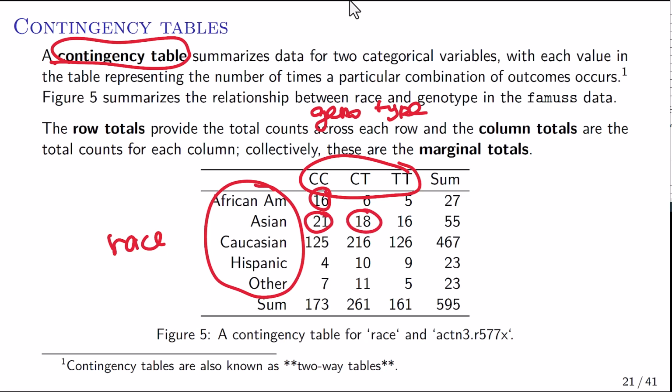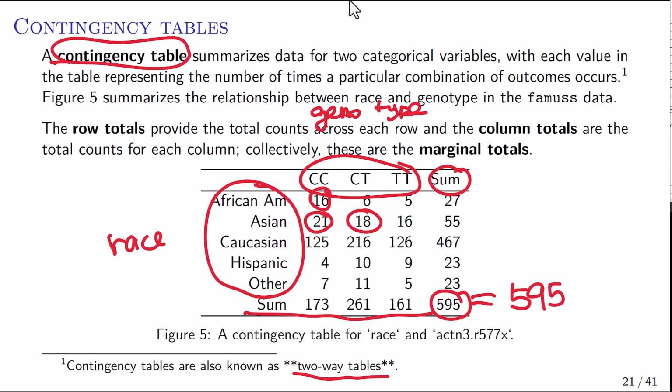That's exactly the overlap of those 2 subcategories. We put a sum. This is the column sum and row sum, and then here is the total. So this total is we observed 595 persons, okay? We have these marginal totals right here. That's the contingency table. A contingency table can sometimes be called a 2-way table because we have row and column,